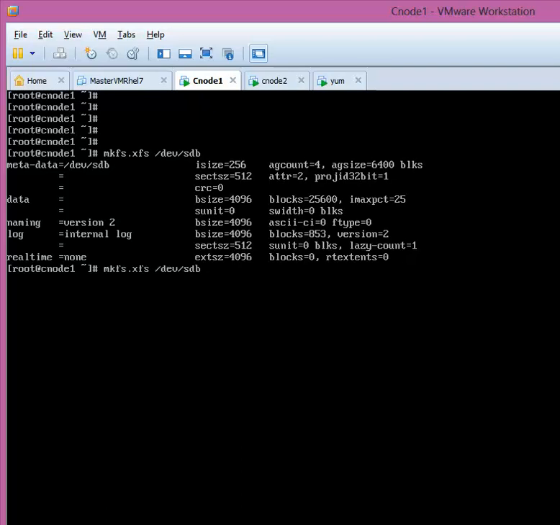And here I'm mounting /dev/sdb on my /var/www/html directory and creating a file,